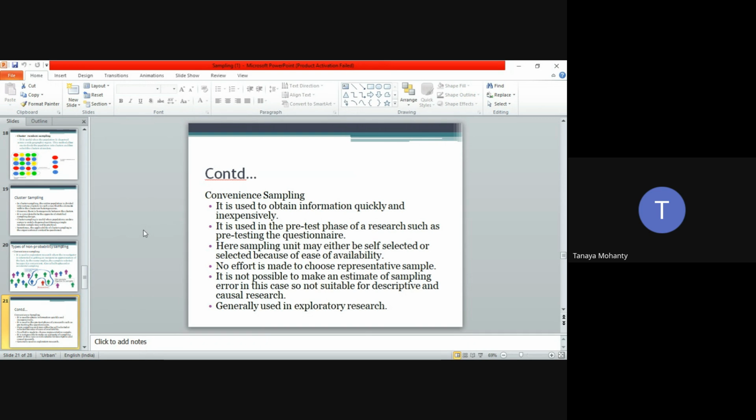Here the sampling unit may either be self-selected or selected because of the ease of availability. No effort is made to choose a representative sample. It is not possible to make an estimate of sampling error in this case, so it is not suitable for descriptive or causal research. Since it is a quasi-scientific kind of sampling technique,